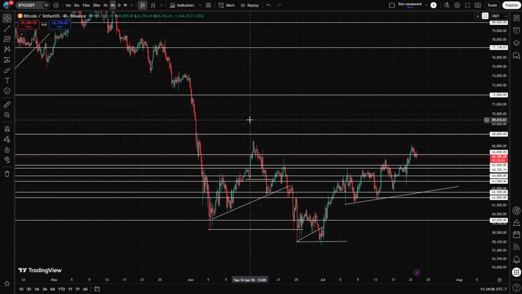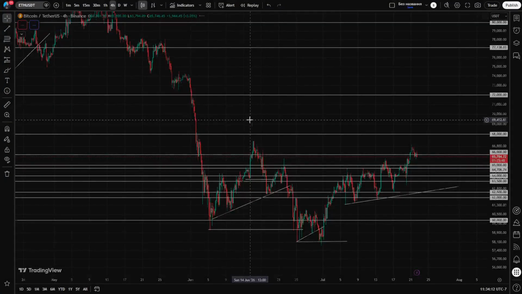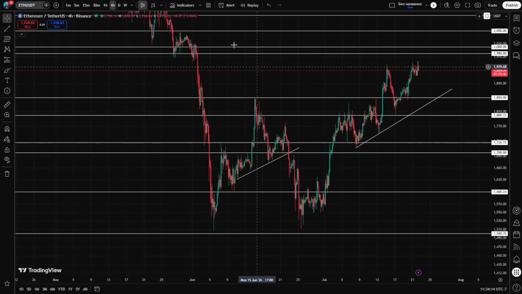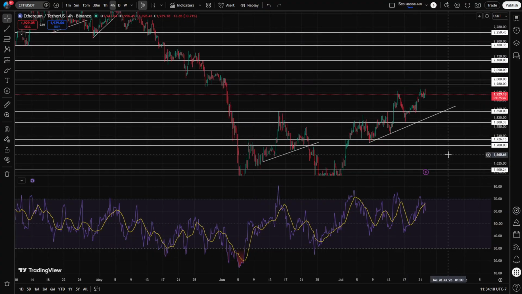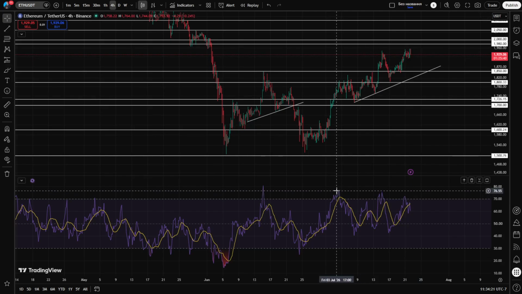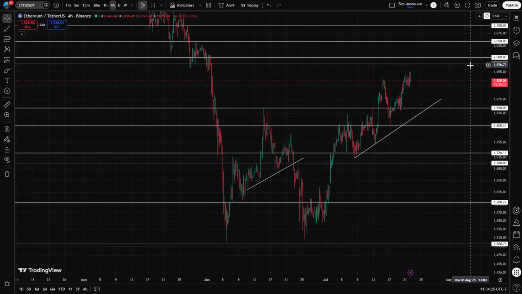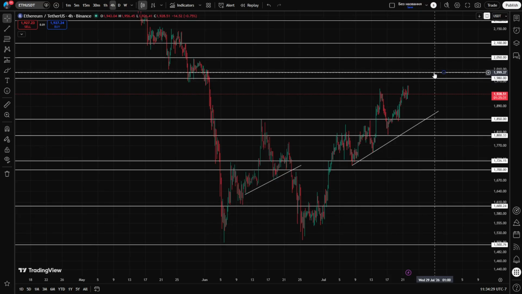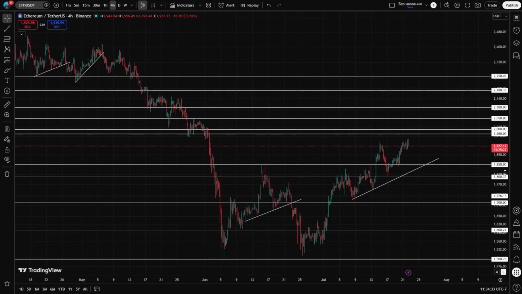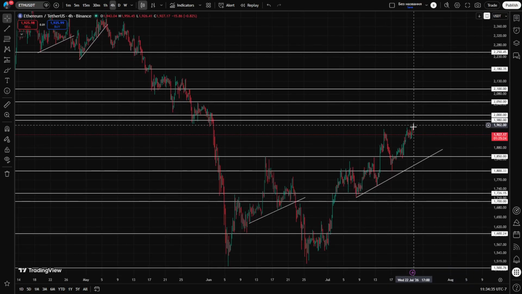But if we, for example, for Bitcoin, it's okay. But what if we talk about Ethereum? About Ethereum, if we turn on the other side, we can see here the same. Ethereum is showing divergence, because the maximums right here are decreasing, but the maximums on the price chart are increasing. And at the same time, Ethereum previously broke below the support level at 1982, but Ethereum hasn't touched the level as a resistance one, which increases the probability of a bounce back if Ethereum